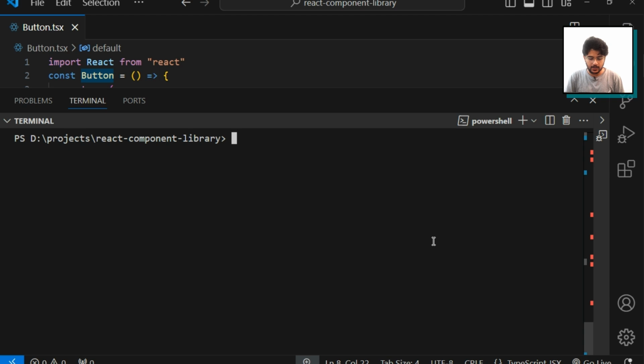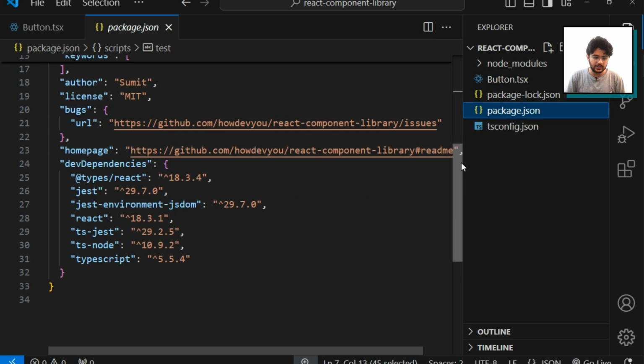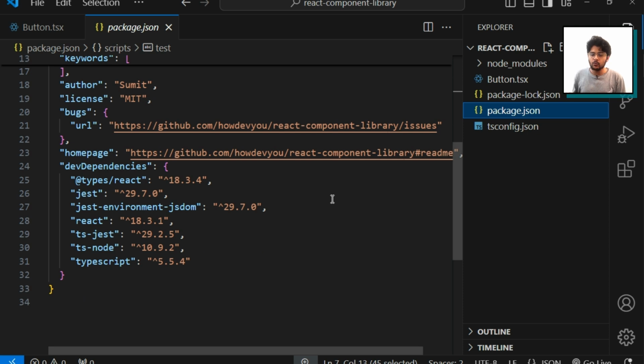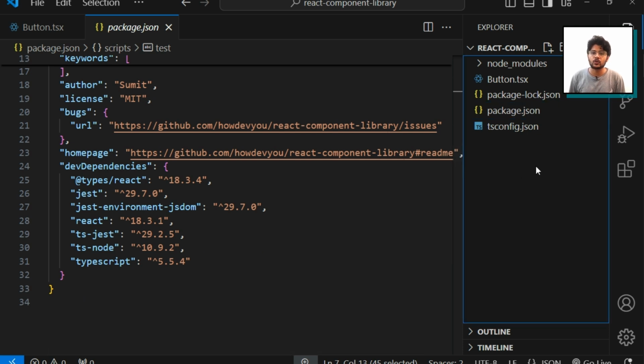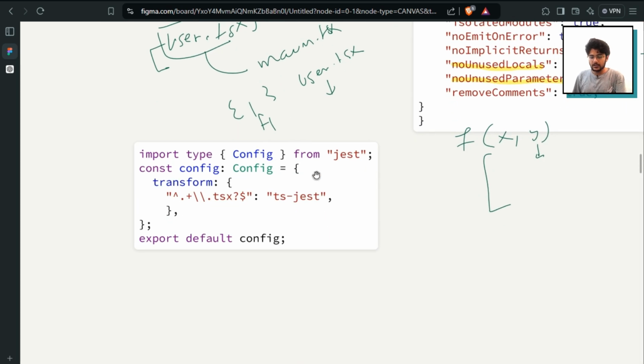Once these packages are installed, check in the package.json file. Alright, so everything is installed properly. Now we need to create one more file for Jest. So let's understand that file. So we are going to create a file called